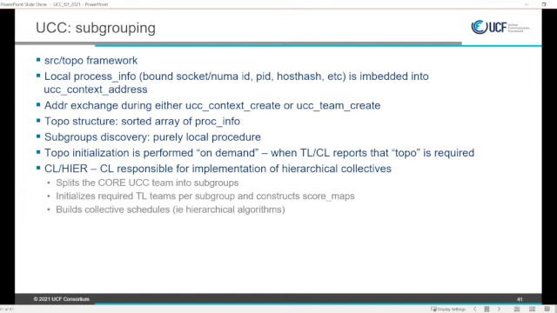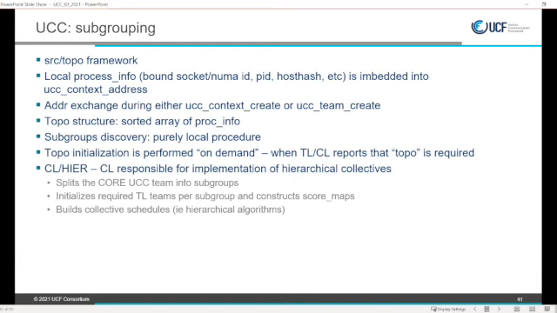It's not important right now, but after all, each process has those addresses, and you can extract process info and build the structure that contains a sorted array of those process descriptors.